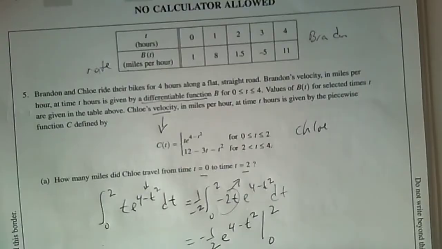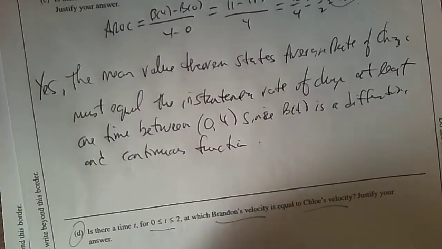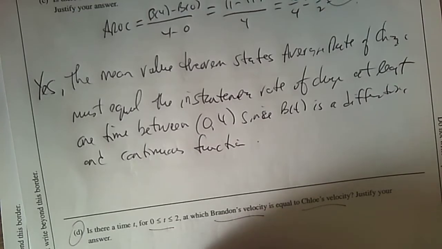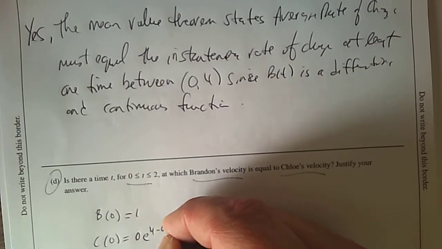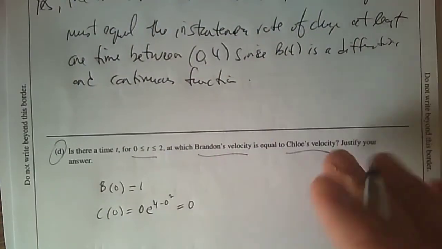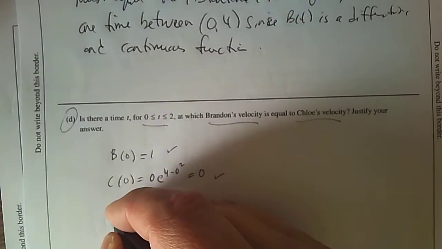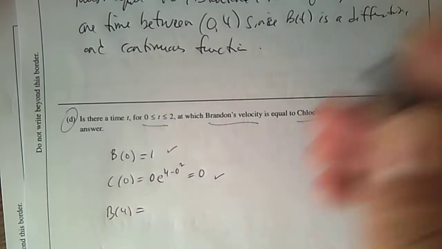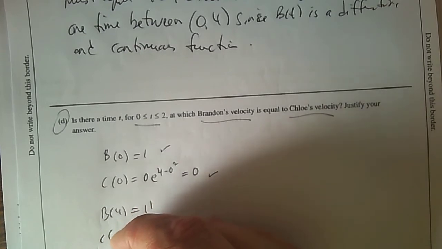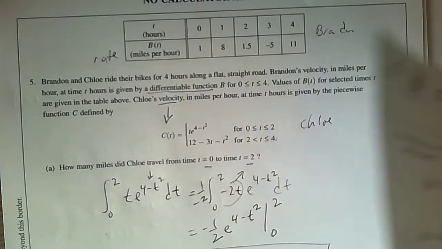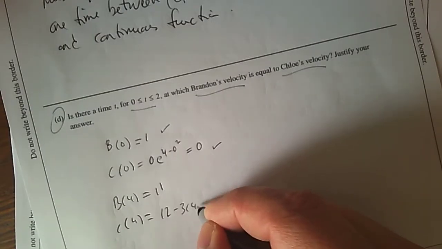When you look at Chloe's initial velocity, and you plug in, zero times anything is 0. So what you notice is that Brandon's velocity is greater than Chloe's at the beginning. Then at the very end, what is Brandon's velocity? At 4 is 11. And then Chloe's, at the very end, was 12 minus 3 times 4